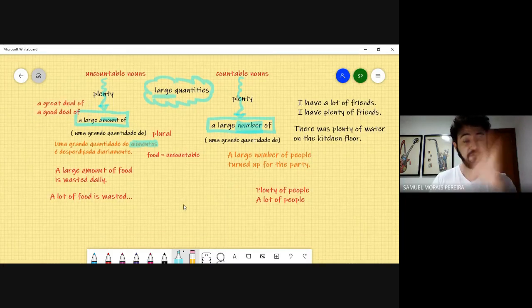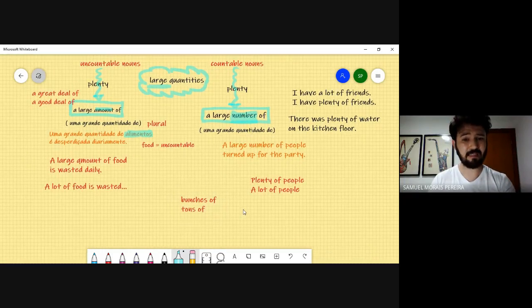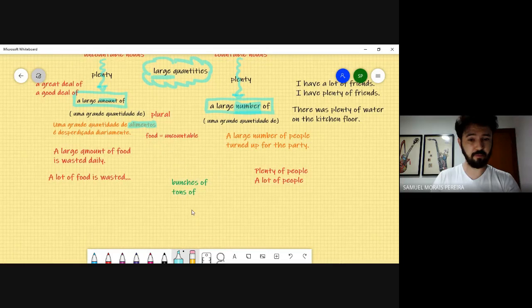And para finalizar, we also have expressions in English which we use to talk about large quantities, and these expressions are kind of emphatic, são mais enfáticas. For example, you can say bunches of something. You can say tons of something, toneladas de alguma coisa, bunches of, uma grande quantidade de algo também. So, I'm gonna give you examples here. For example, olha,